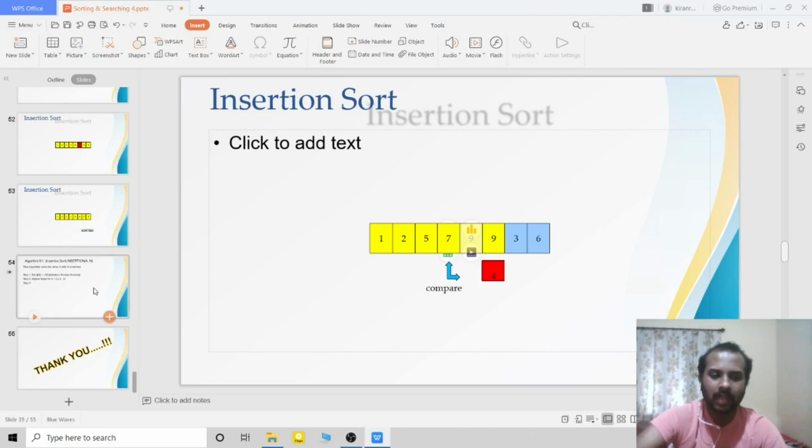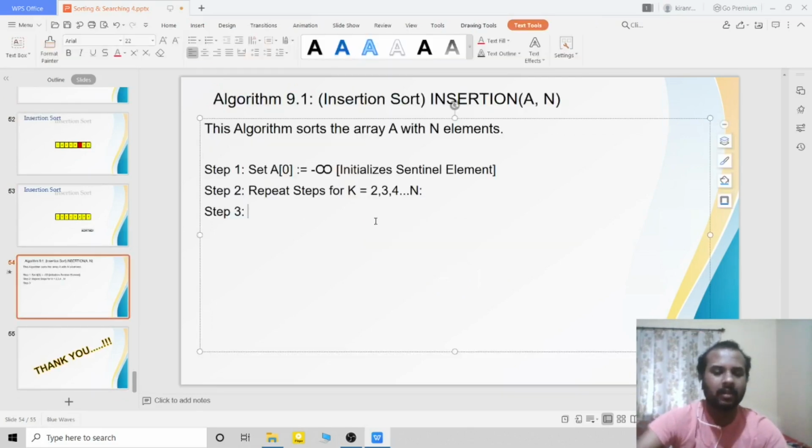So how to do that? I'll create one temporary variable. So set temp is equal to A of k, and PTR is equal to k minus 1.